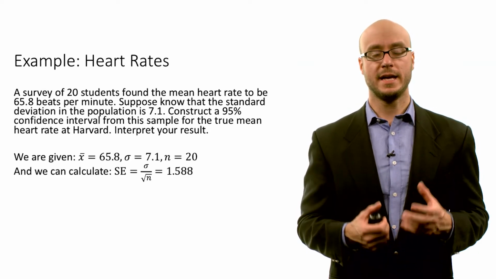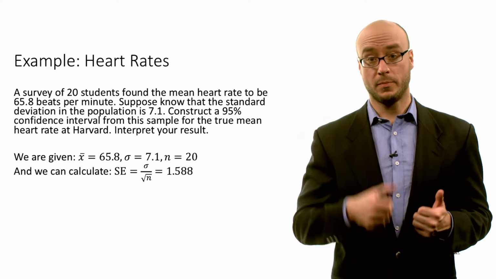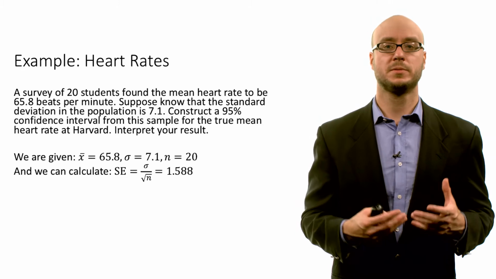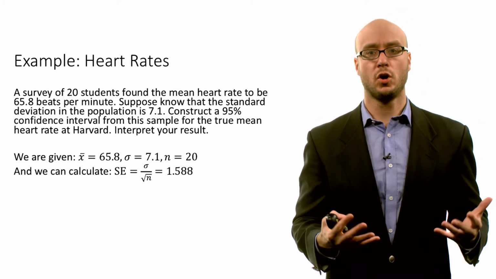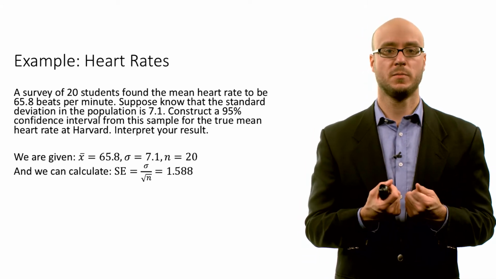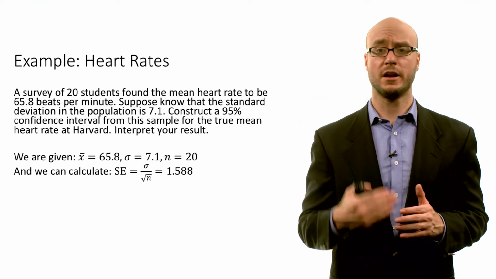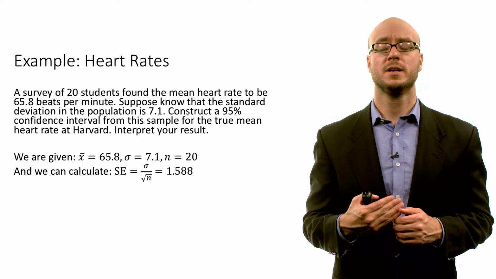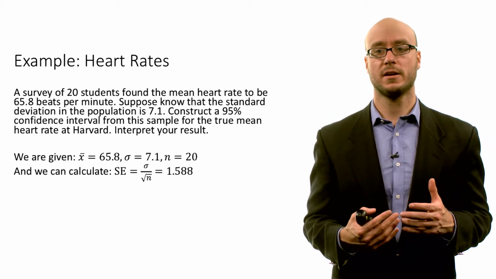So we're given a sample mean, which is 65.8 beats per minute, and we're given a population standard deviation of 7.1, and we know the sample size is 20. So in this case, the population is a set of all Harvard students, and we just have a random sample of 20 students from Harvard. Well, let's calculate the standard error. So the standard error is just our population standard deviation divided by the square root of our sample size. When we do that calculation, we get this standard error of about